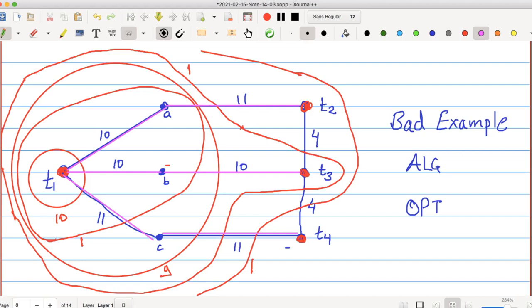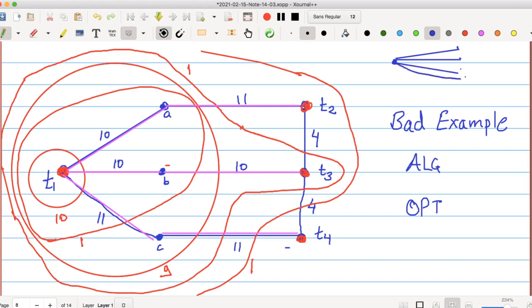But basically, what is happening in this example is that we are basically getting the shortest path from T1 to T2, shortest path from T1 to T3, shortest path from T1 to T4. That's what we are getting in this algorithm. In general, if you have multiple terminals, T1, T2, T3 up to Tk, then what you will get is shortest path from T1 to each of the terminals, right?